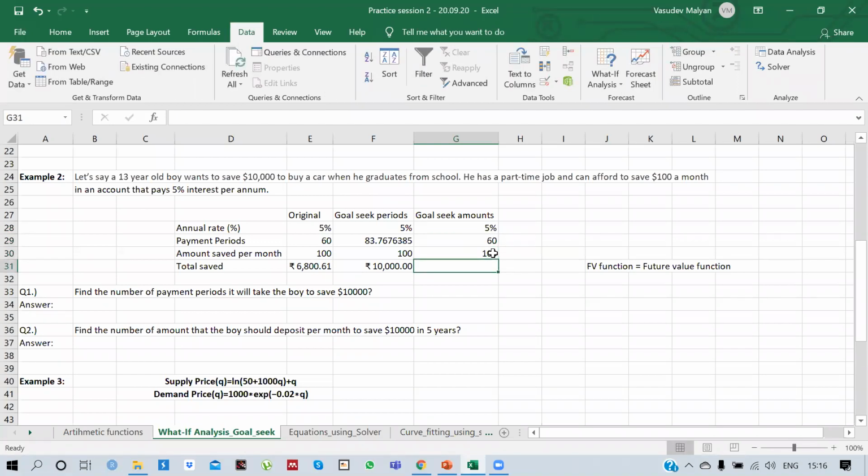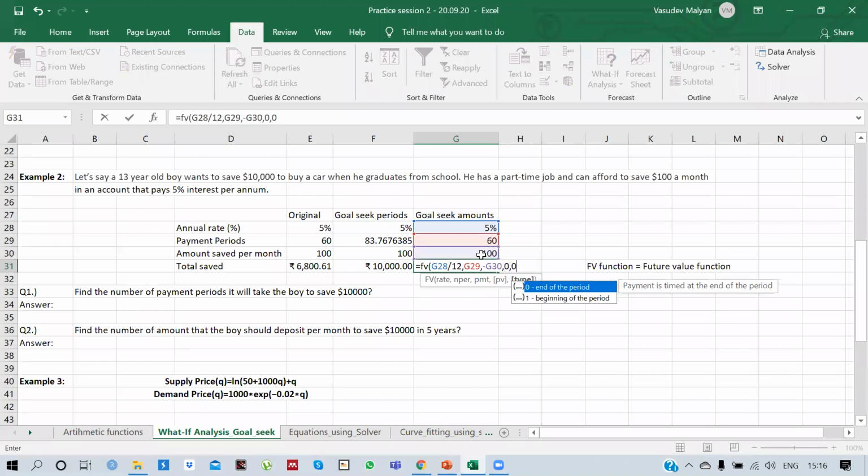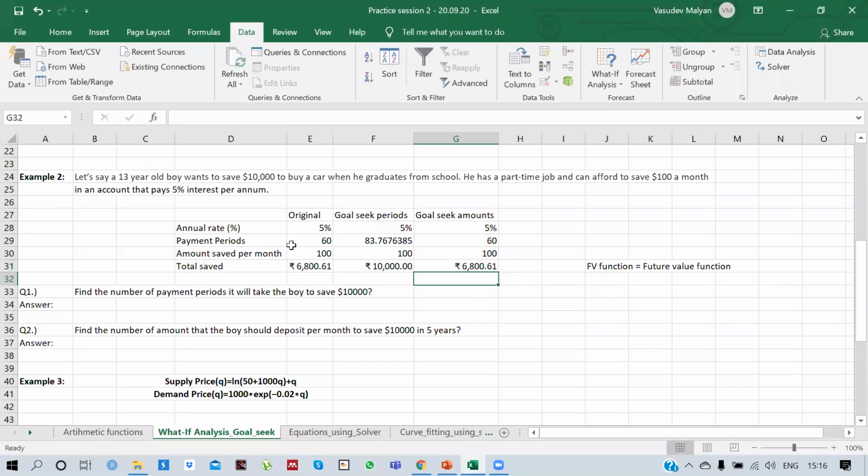So the boy can always save some extra amount per month in his account, more than 100. So now let's say I use the FV function again. I find the rate, I enter the payment periods, then I enter the amount, and it is the same as this one.